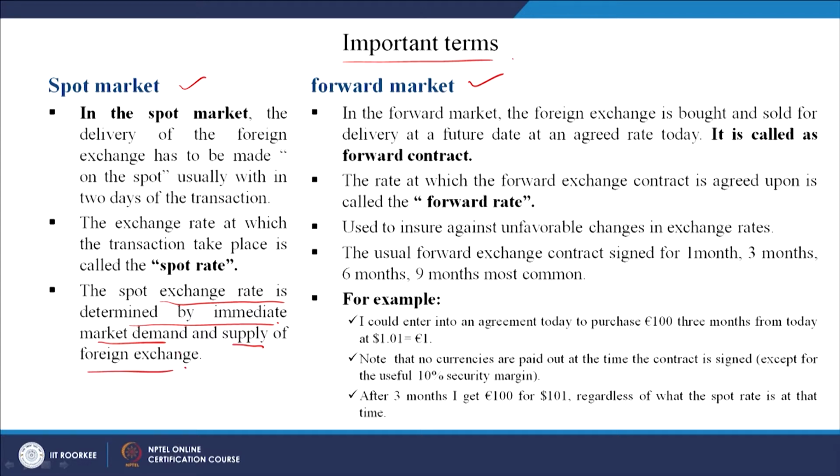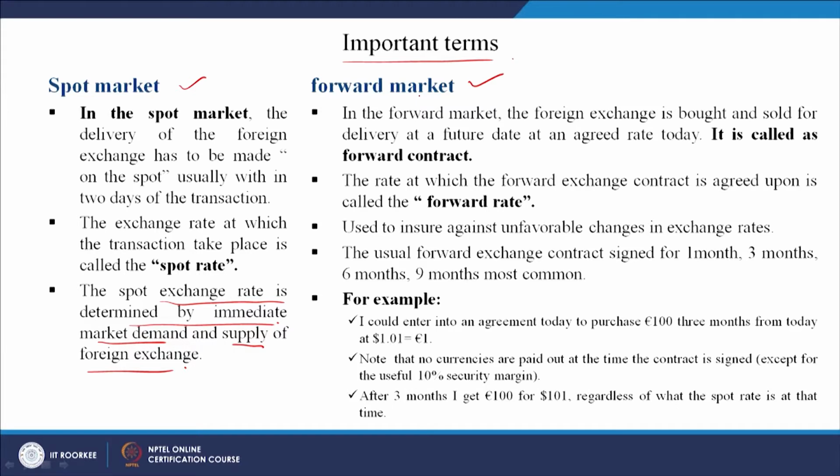So, what is it at the moment? It is so dynamic. What is the current value at the moment at which I am, let us say, exchanging? I am going to buy some dollars because I am going abroad. So, when I am going abroad and I am buying, the current value at that point of time is called the spot exchange rate. But while doing business, many times we need some extra time period. So, for that comes the forward market.